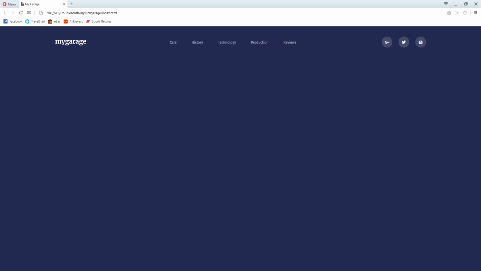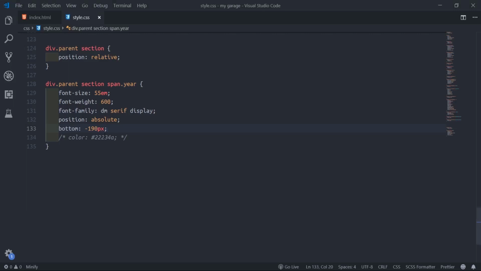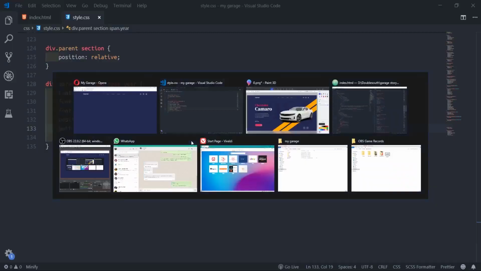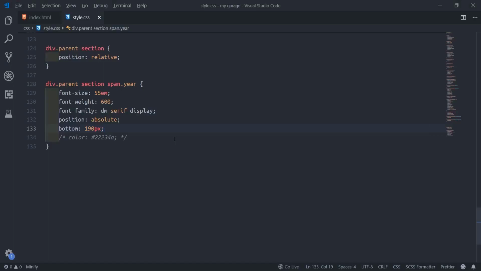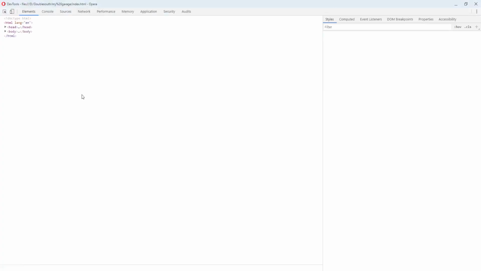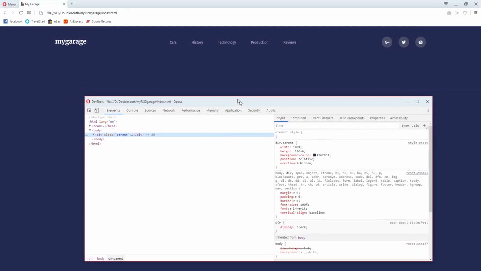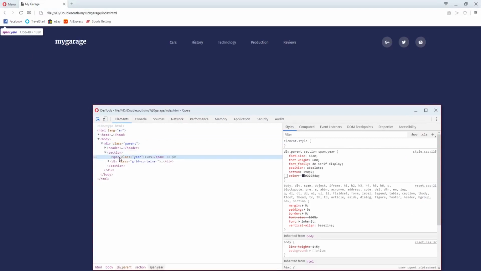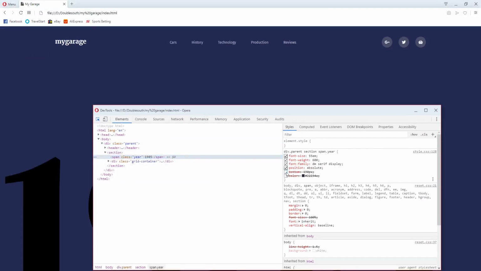What did it do? The thing vanished. I expected this to be safe. Anytime we work with position, I'm not sure I understand. Let's see, position absolute.